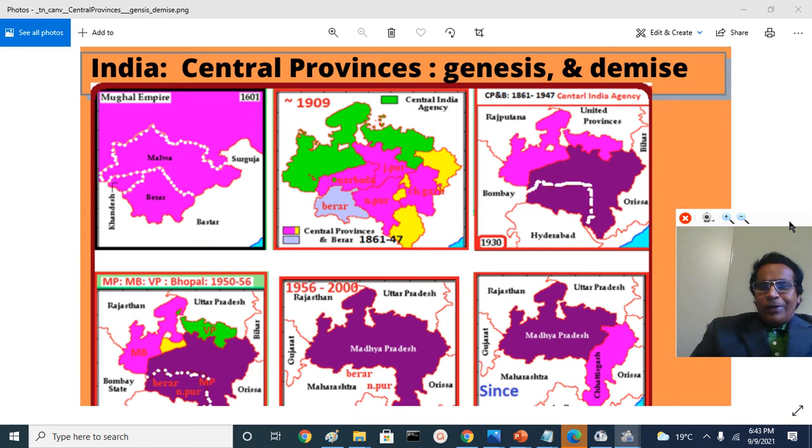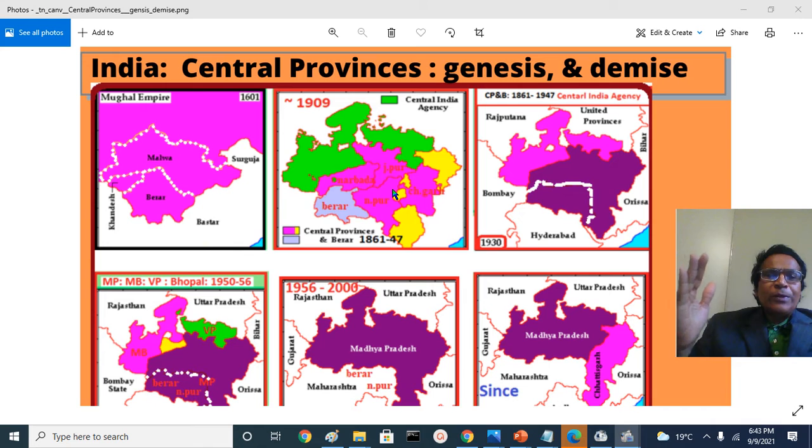So you will get a lot of important concepts like Khandesh and Berar and Malwa and Gond kingdoms and Bastar and Surguja in the Mughal Empire, and Central Provinces, the Berar and the remaining 4 divisions, Central Provinces and Berar, Sagar, Narmada territories and Jabalpur territories, Berar, Nagpur, Chhattisgarh. The Central India Agency got different names at different times,